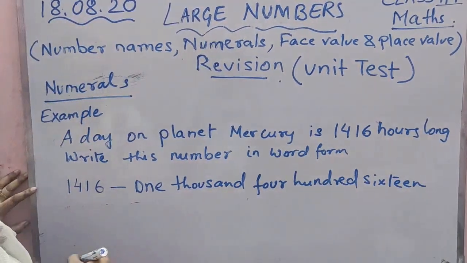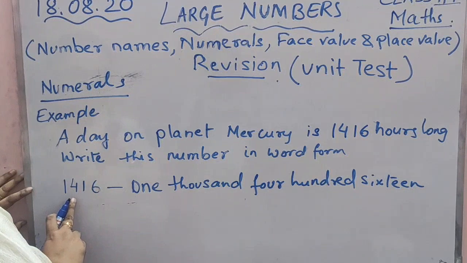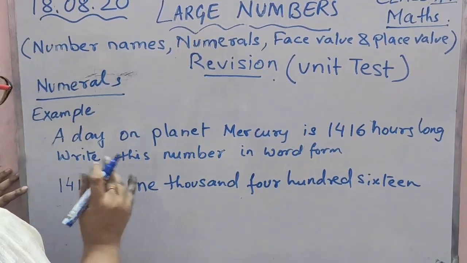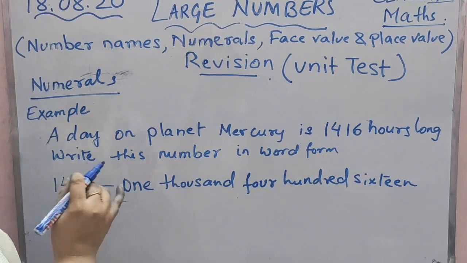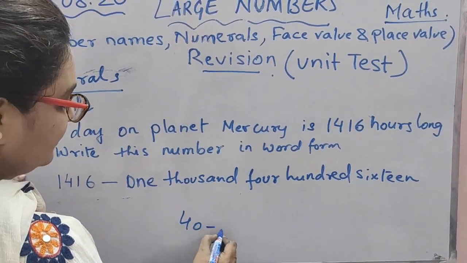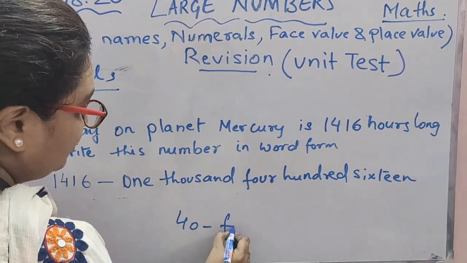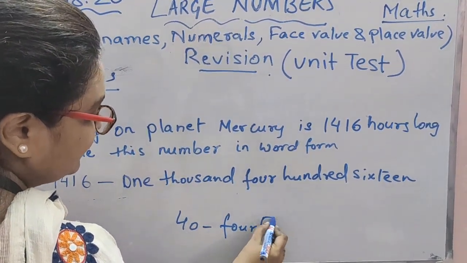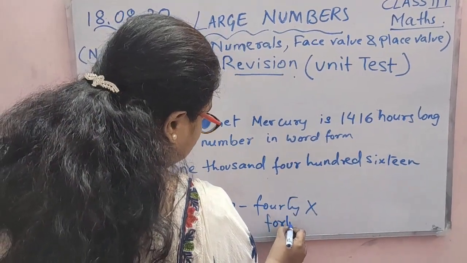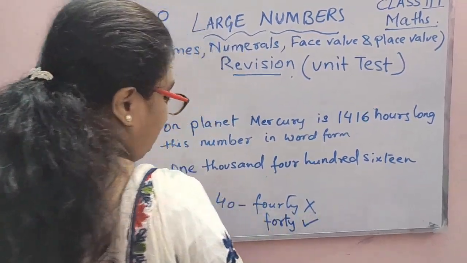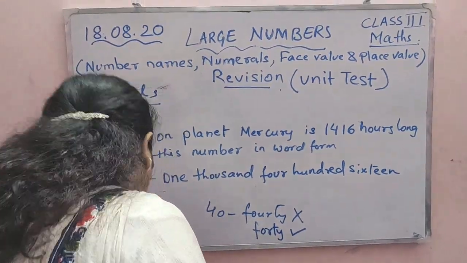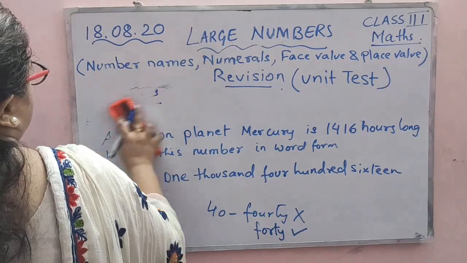Okay, children. So when you are writing, when I was checking your copies, many are getting these spelling wrong. So I just want to point out that whenever you are writing 40, like this is the 40. So whenever you are writing 40, do not write F-U-R-T-Y. This is wrong. Okay, you have to write F-O-R-T-Y. This is your correct spelling. Okay, always be careful. So now we'll move to the next topic, that is place value and face value.